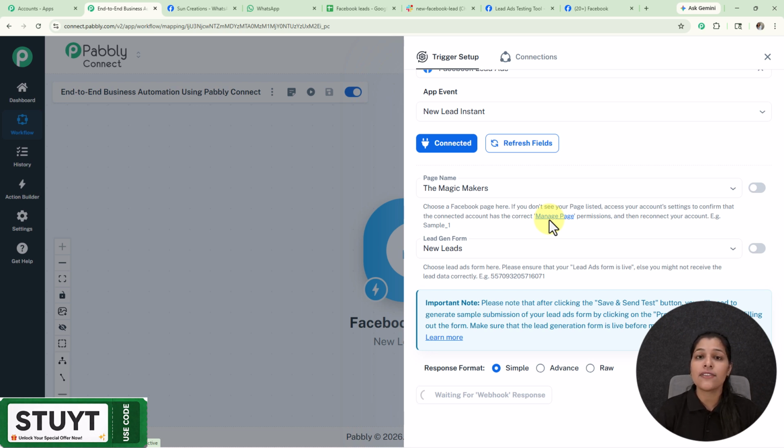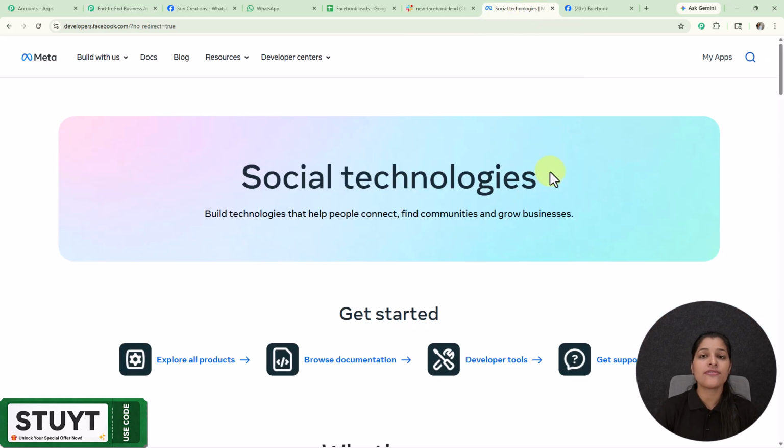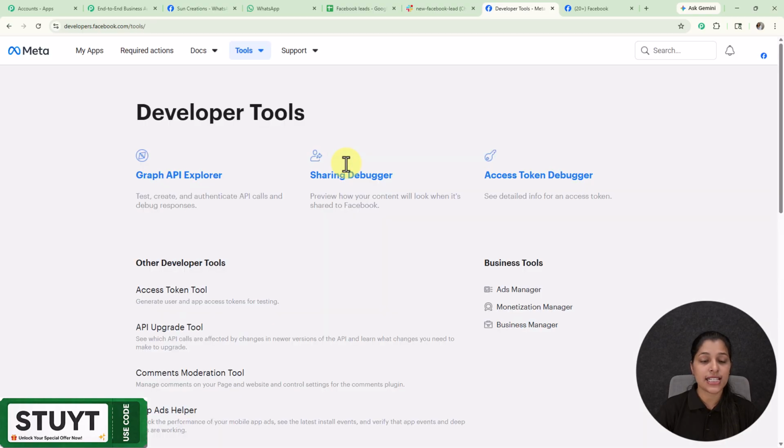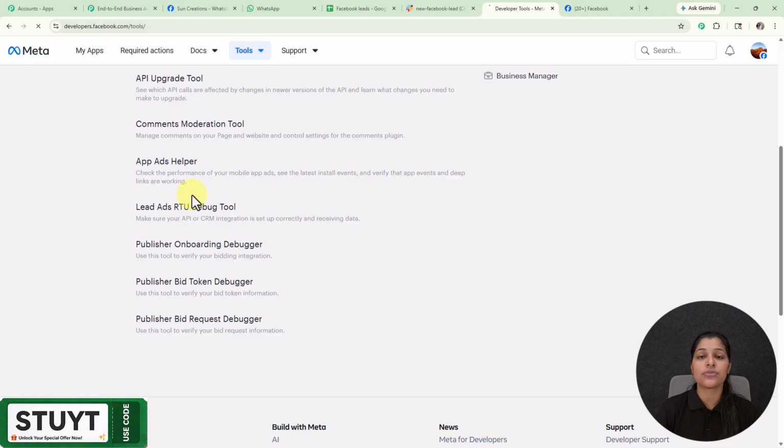Now for providing the webhook response, we have to do the test submission, means we have to receive a new lead over our Facebook lead ads form. So for that, let's move on towards my Meta for developers page with me. So here I'm landed to my Meta for developers page, which I have got by typing its URL, that is developers.facebook.com. And here on the resources we are getting this option for developer tools, which you have to select, and here I'm going to select this lead ads RTU debug tool, which will lead me to the lead ad testing tool